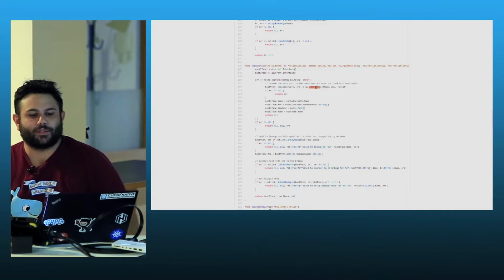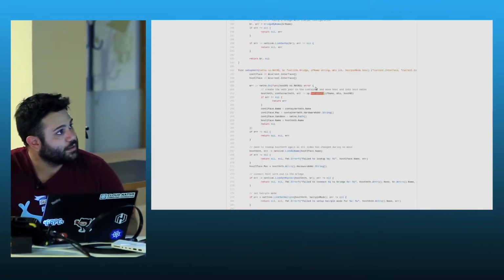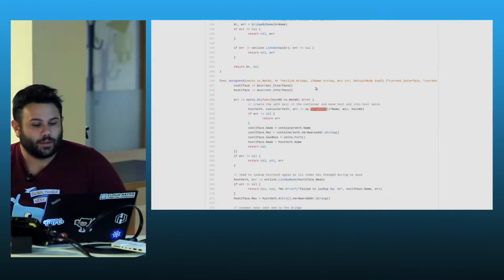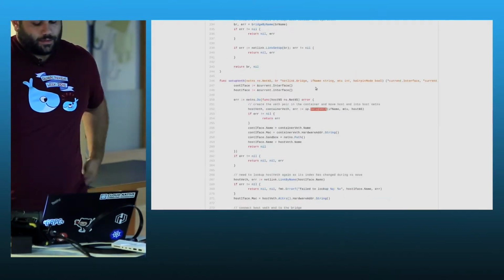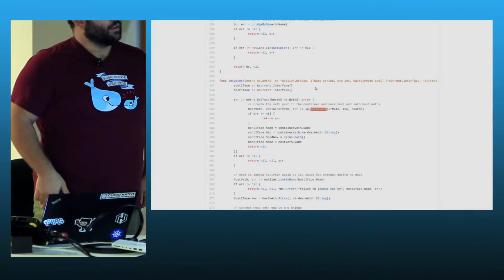So this is how things are done, basically. Everyone can see it. That's actually quite simple.